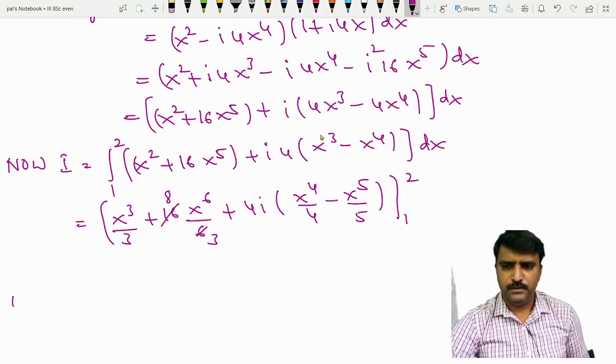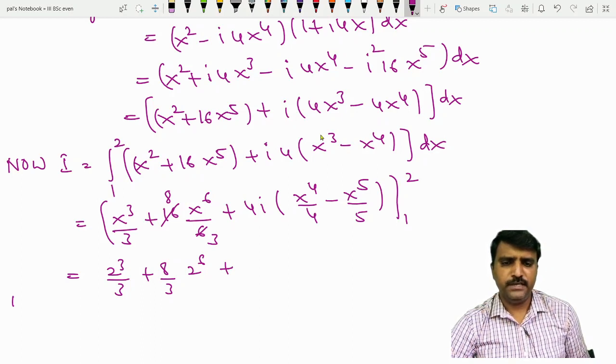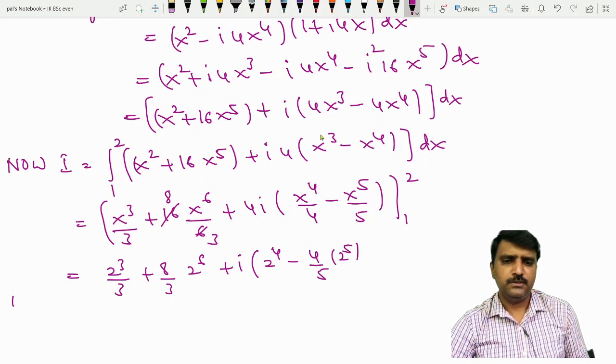Which is equal to, first take the upper limit: 2 cube by 3 plus 8 by 3 into 2 to the power 6 plus, if you want to multiply this 4 here, I into 4 cancels, this is 2 to the power 4 minus 4 by 5 into 2 to the power 5